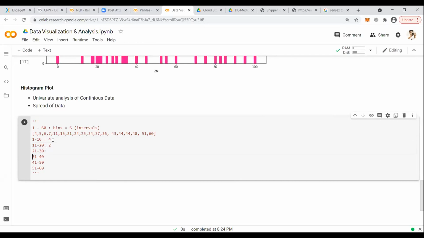Between 21 to 30, count it. 3. 31 to 40. 41 to 50. That is the plot. That is what the histogram does.